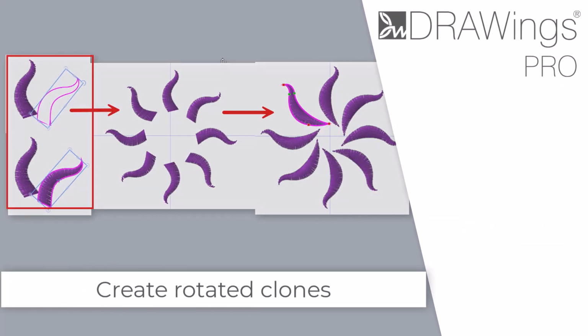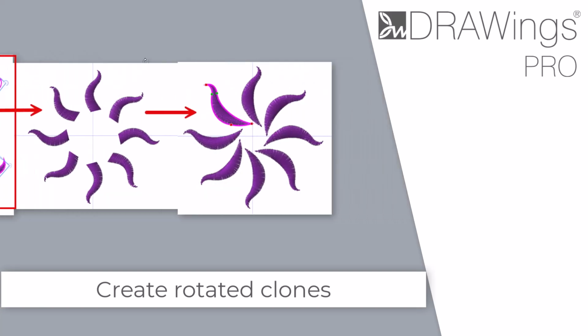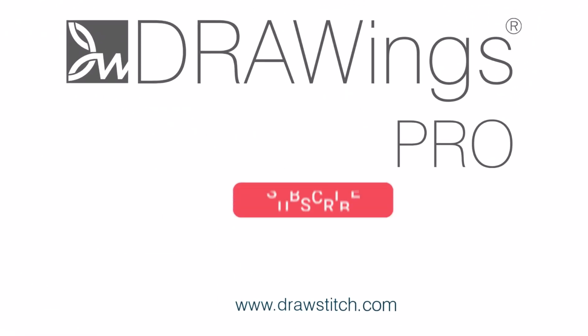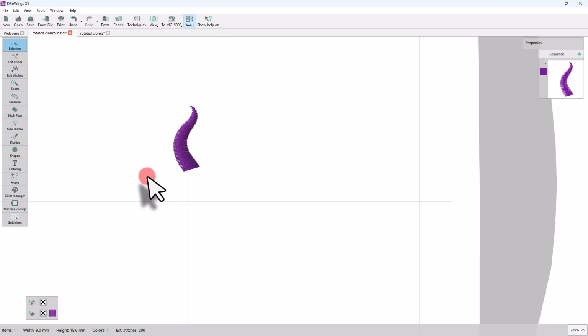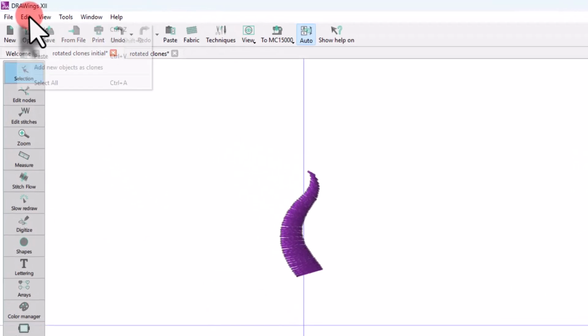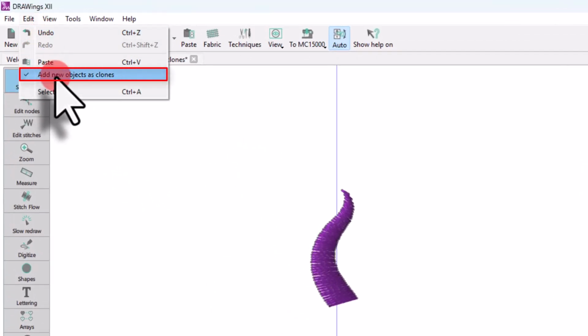In this video, we will show you how to create several rotated copies and how to edit them all. Let's see how this works. First of all, make sure that the Add New Object as Clones option is enabled before you start creating the